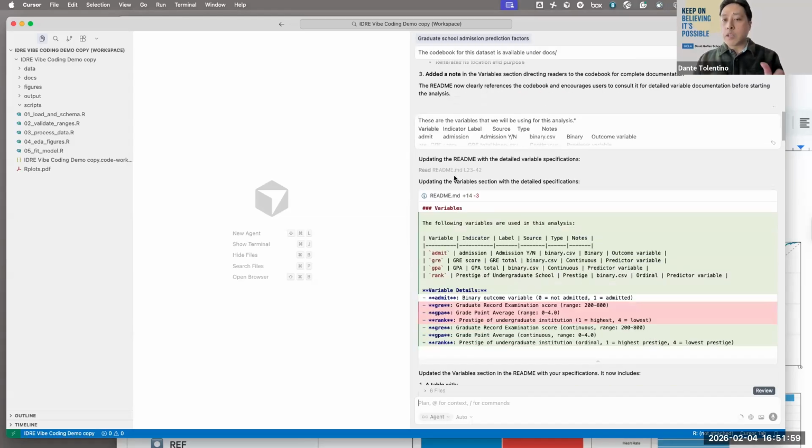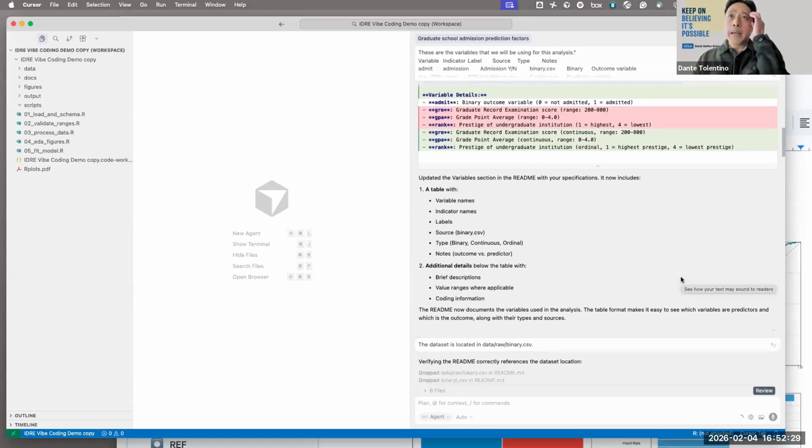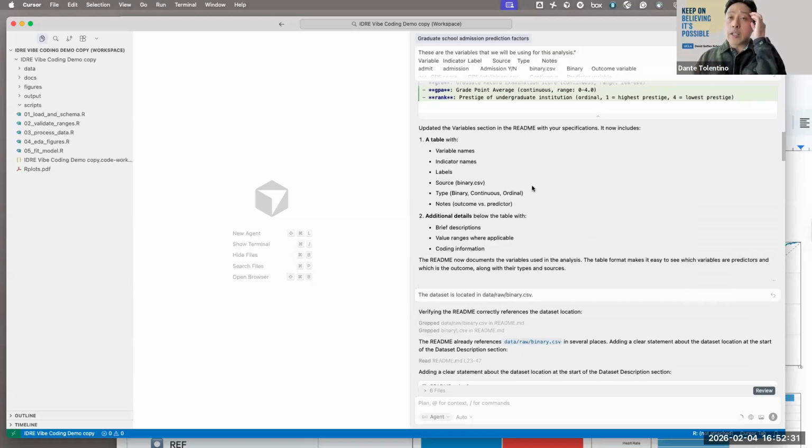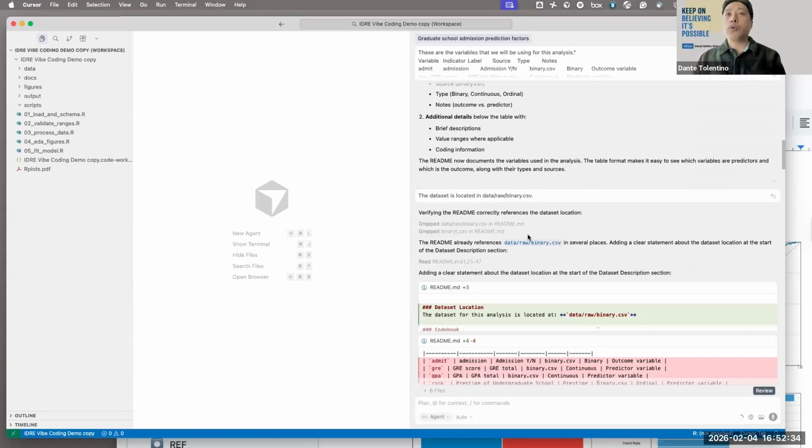And then I also created sort of a table for all the variables that I'm using, and I pasted that here, and I told them these are the variables that I'm going to use. This is very simple because we only have 4 variables, but just imagine if you have like 600 variables or 800 variables in your data set. So again, you just want to be very specific and tell Cursor or your Gen AI, these are the variables that I want you to look at, and this is how I want you to look and examine them. And so it created that table for me on the README file, so we can go back to that README file later on.